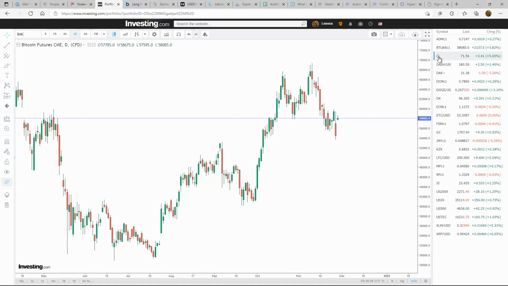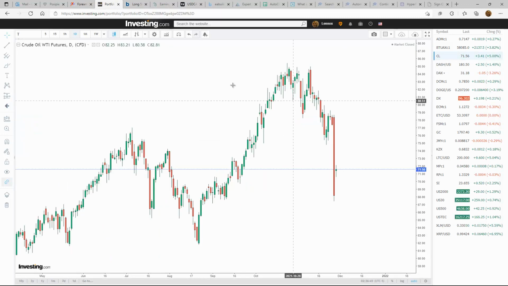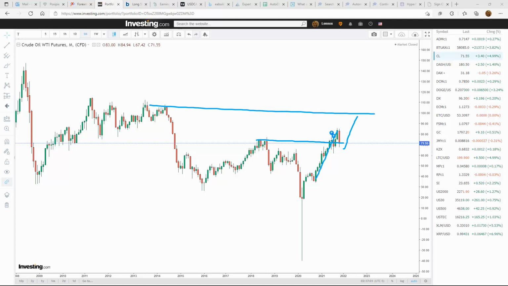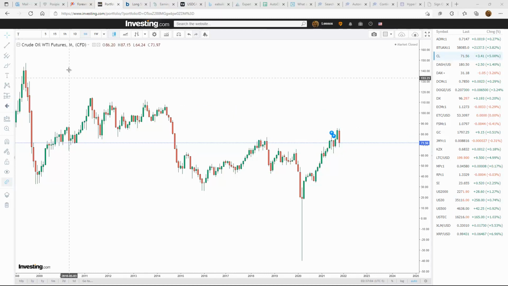All right, let's take a look at crude oil. So these guys are right on the cusp. These are the ones, the big boys here, oil and Bitcoin and gold. So oil, after quite a run here, breaking to new highs and just hitting a little bit of a wall. But I still think overall we're going to continue going back up into this area, but we're just hitting a little bit of a wall at this moment in time.